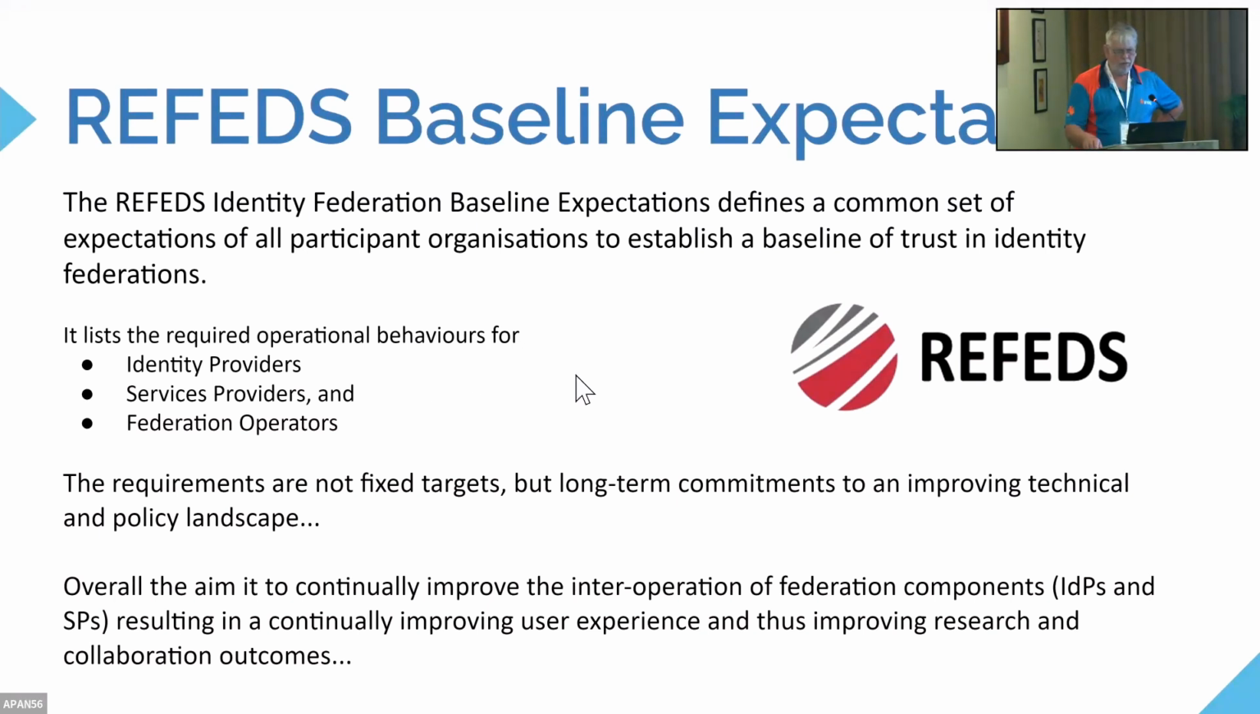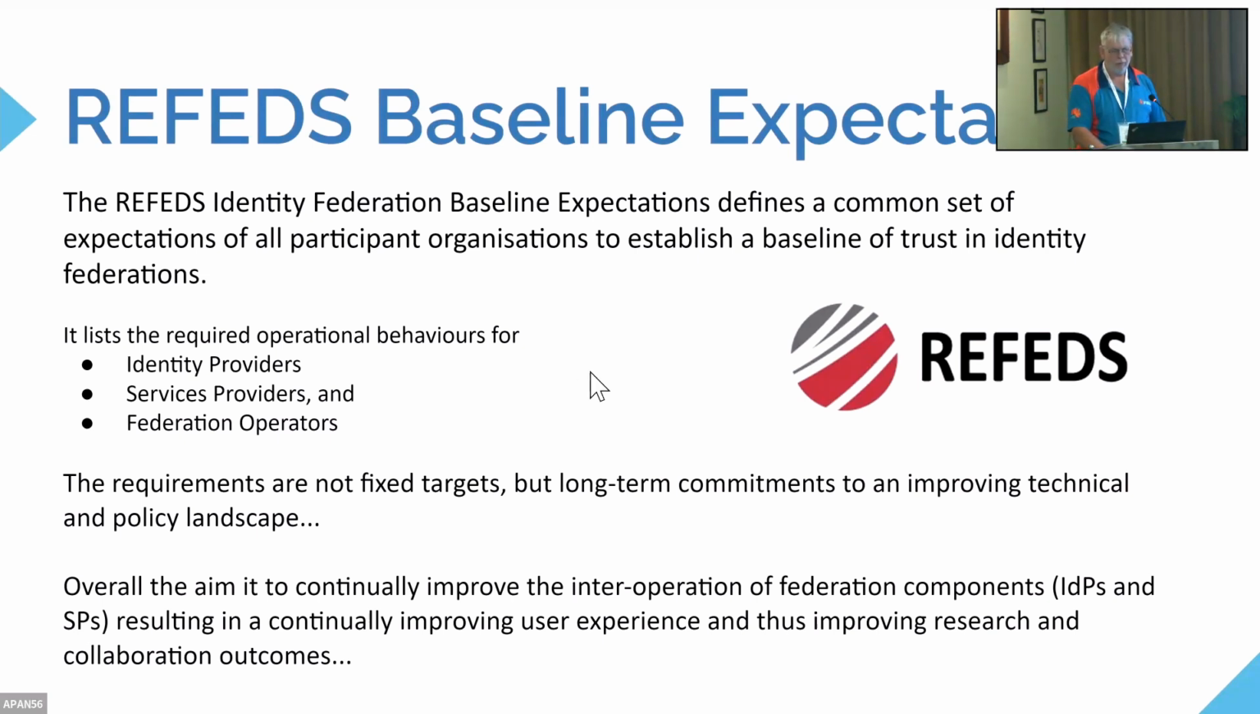Overall, the aim is to continually improve the interoperation of federation components, IDPs and SPs, resulting in continually improving user experience and thus improving research and collaboration outcomes. So making the trust better, making stuff work better is going to have a positive effect on researchers when they access services. It's really disappointing for a researcher when they go to a service, try to log in, and it fails because some part of the technology is different, attributes aren't being provided appropriately, or some other aspect of the